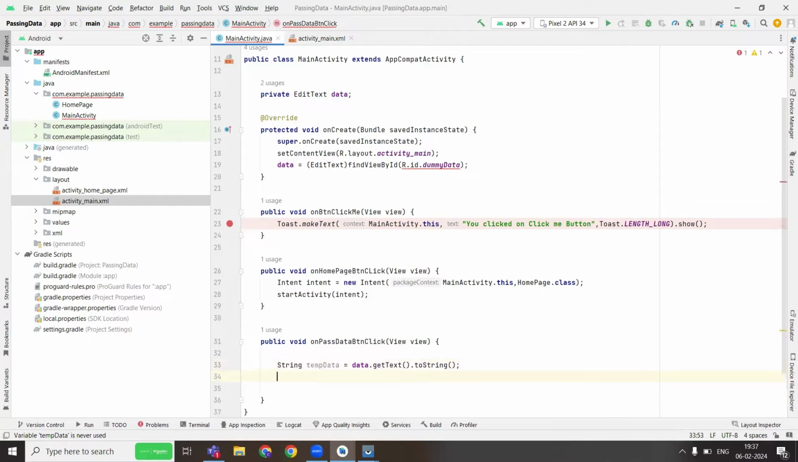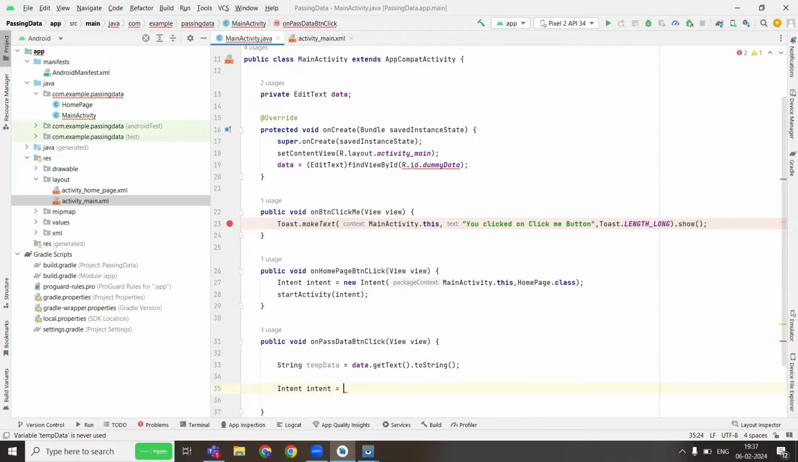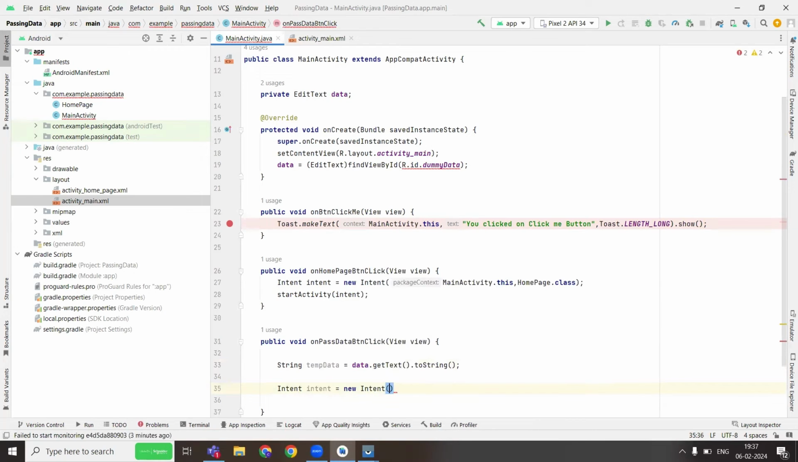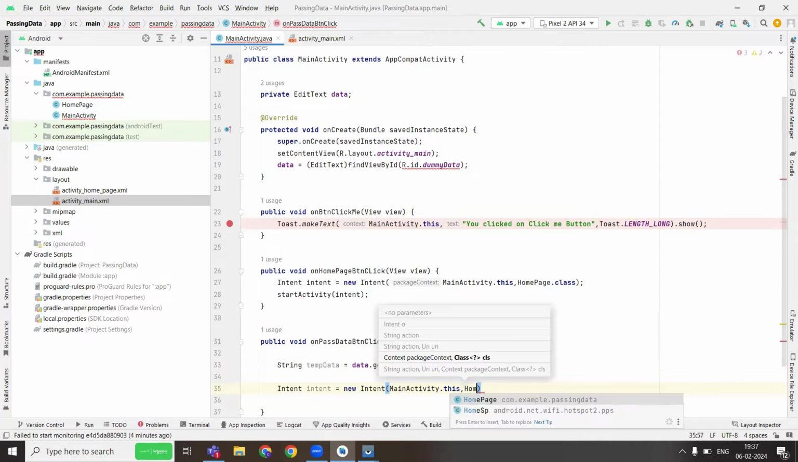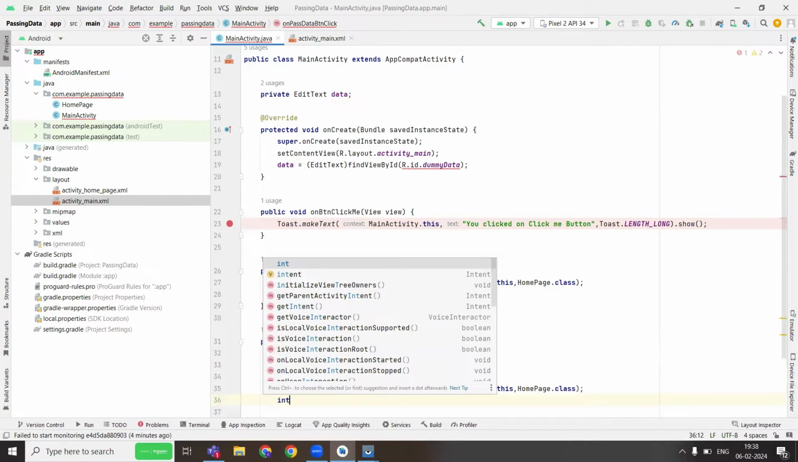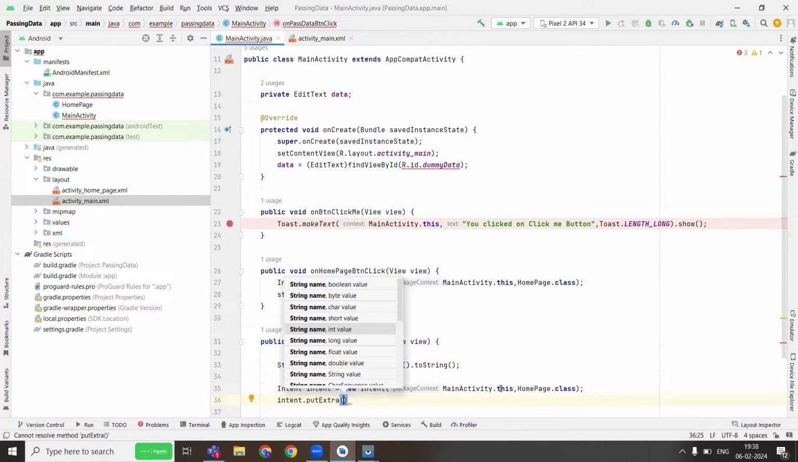After this, again use an intent object. So I'll say Intent intent equal to, again same thing, new Intent of MainActivity.this comma. My target is this one, right? I want to go to the home page. So I'll say HomePage.class, and I'll end here. After this, I need to say intent.putExtra, because I want to pass data from here. Dynamic data I want to pass. So intent.putExtra of